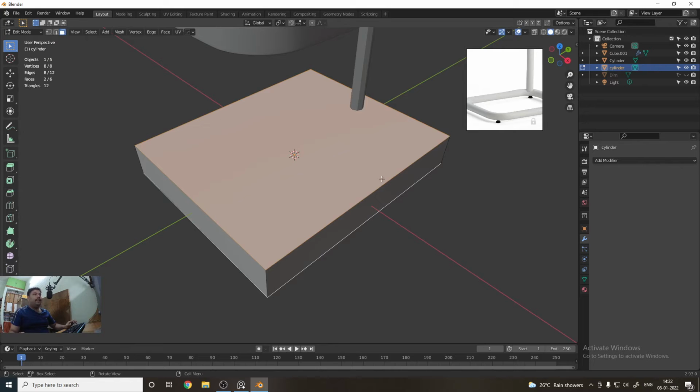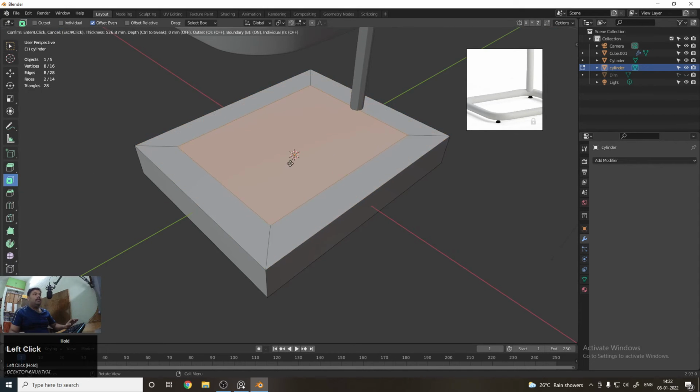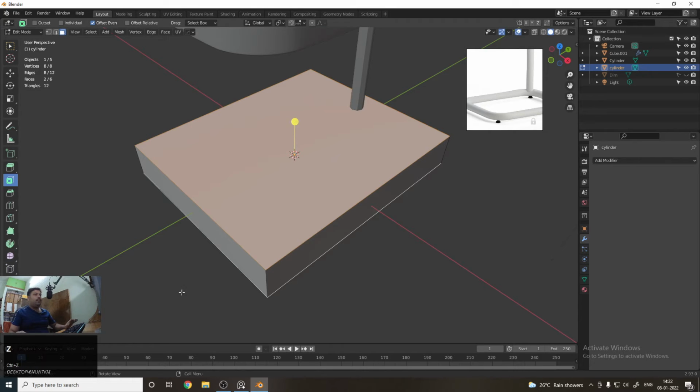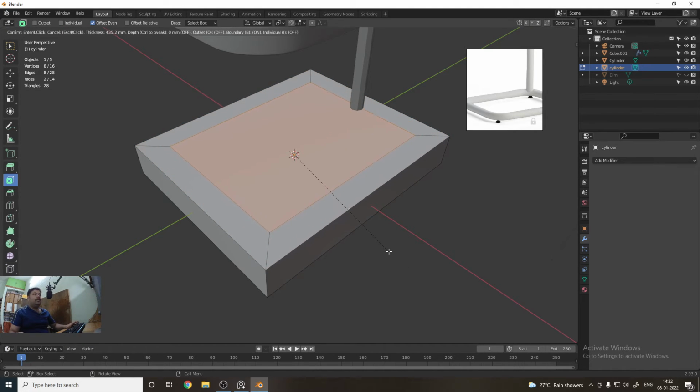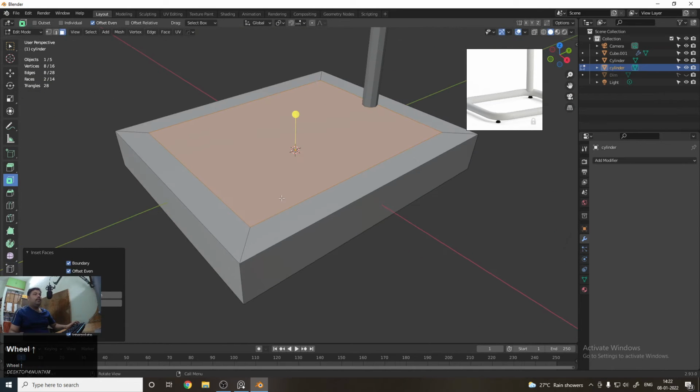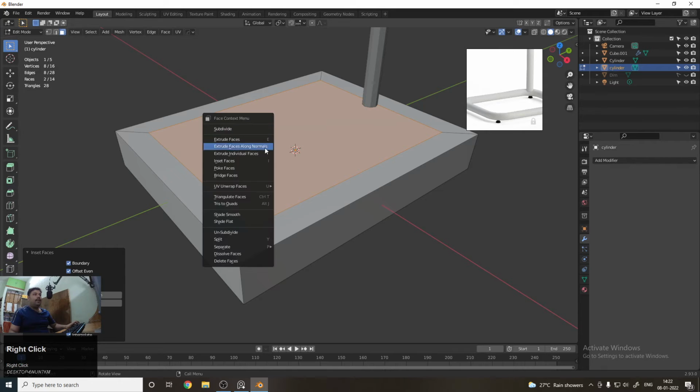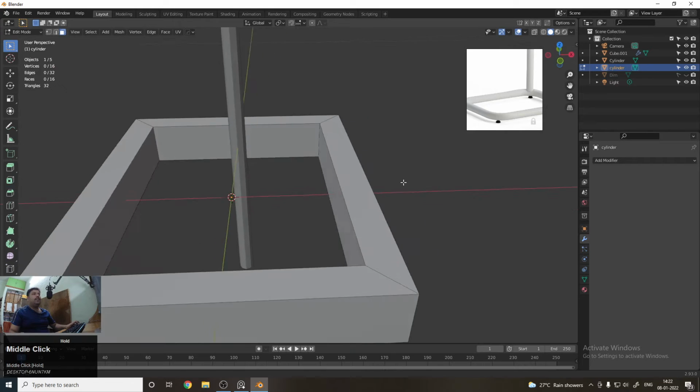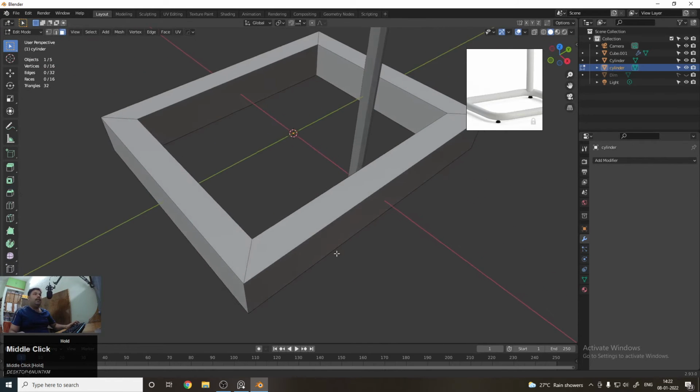Then if you want to insert, there is an option known as insert face. You can easily insert, and the shortcut is I on the keyboard. Now we need to delete it. You can right click and use the button to delete it, bridge faces. You can see that the faces have been deleted.